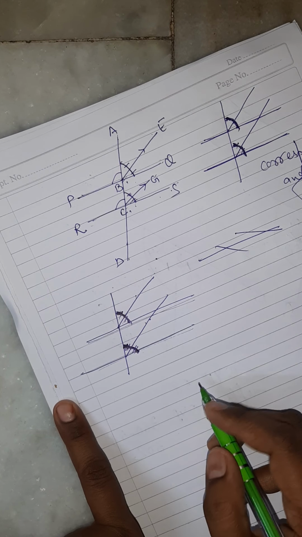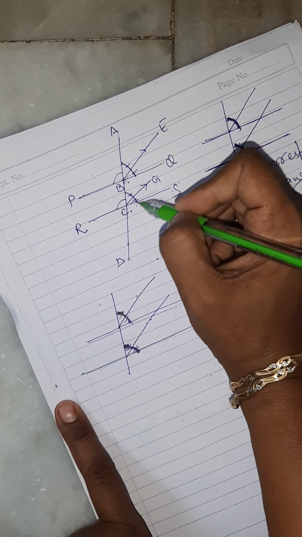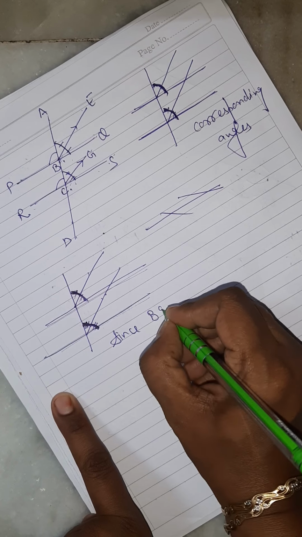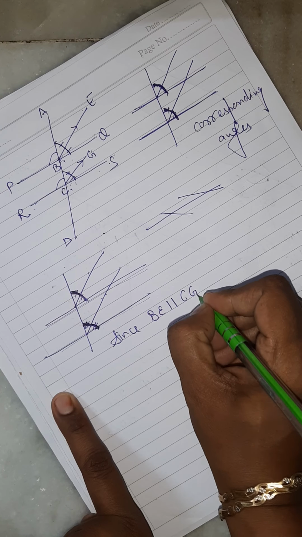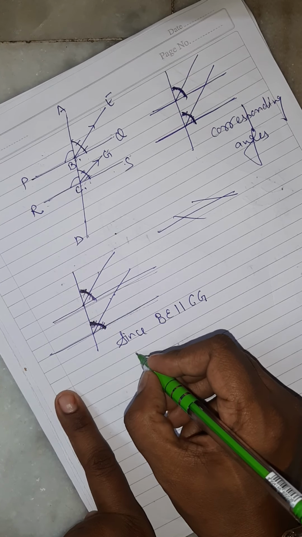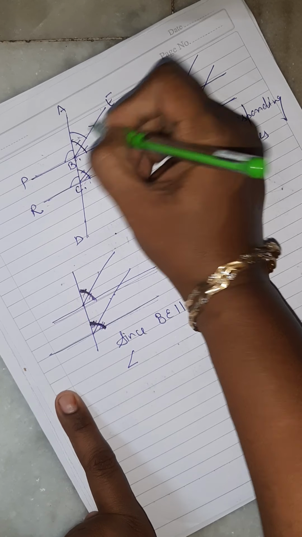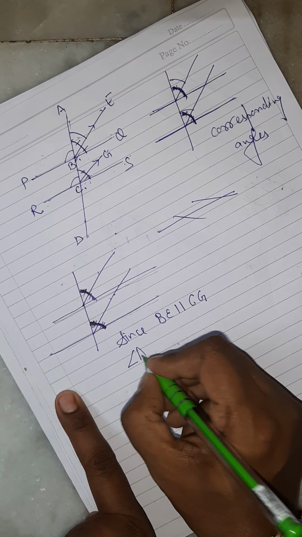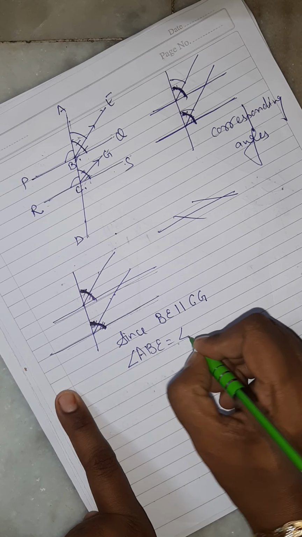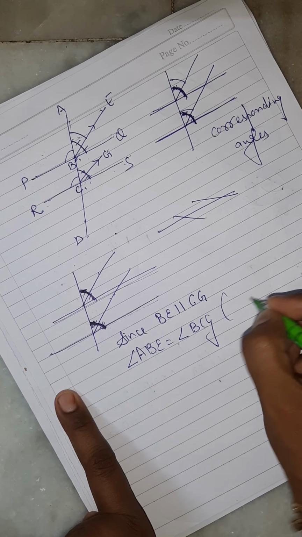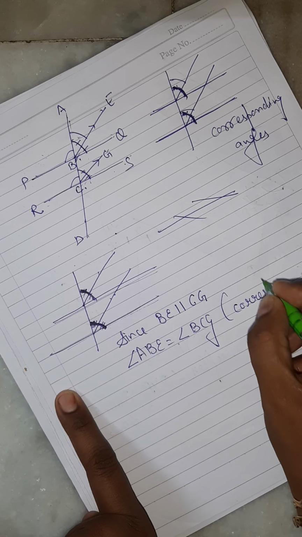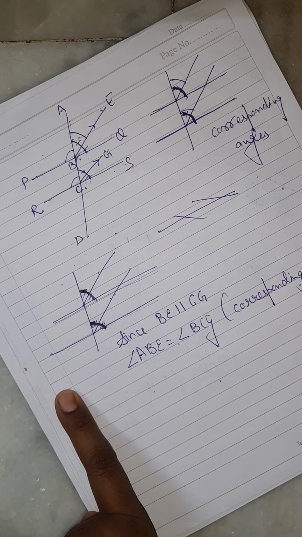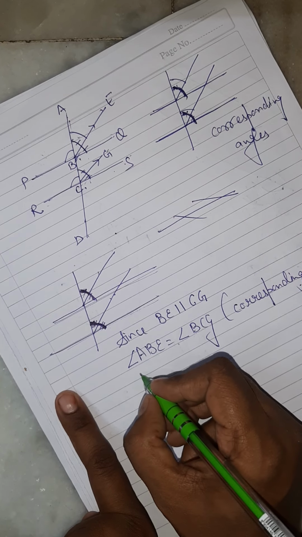So, what we are going to write? We can say that since BE is parallel to CG, just see. Since BE is parallel to CG, can I say that angle, which one? This one, these two small ones I am talking about, ABE. So, angle ABE is equal to angle BCG. Which type of angles they are forming? Corresponding angles. Now, what we are going to do, because bisectors are given, so we are multiplying by 2